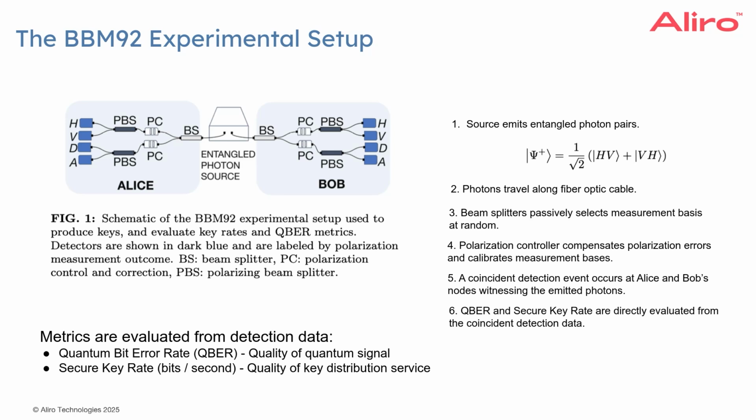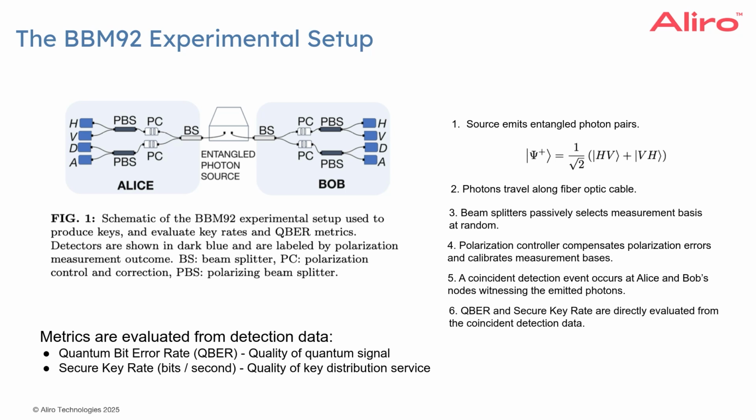This entangled photon source will emit entangled photon pairs, and those photon pairs are entangled in the polarization basis, where one is horizontal and the other is vertical. Now they're in the superposition where we don't know which is horizontal and which is vertical, and this is our standard entanglement. Now that entanglement will travel down a fiber optic cable and accumulate some loss and then reach the